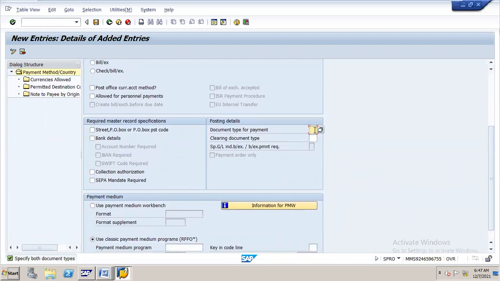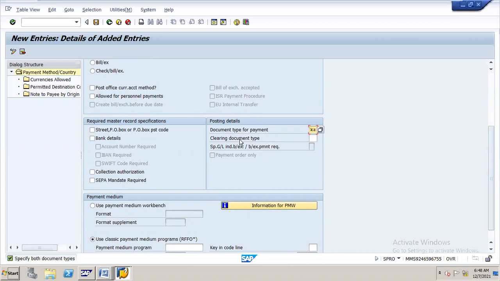What is the document type we are using when we make the payment to the vendor? KZ, right? Yesterday I showed that whenever making the payment to the vendor, the document type that gets updated is KZ. So here it is asking, when you make the payment to vendor, those payment documents, under which document type you want to show? KZ. Okay. This is document type for payment.